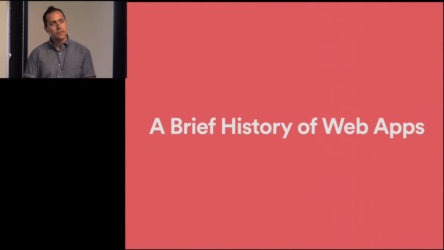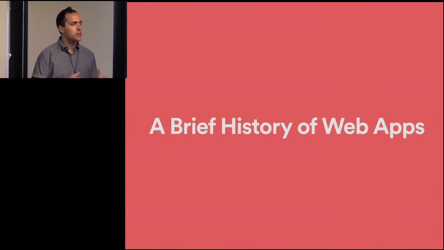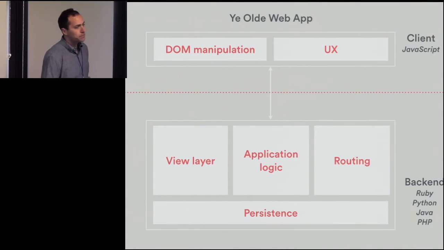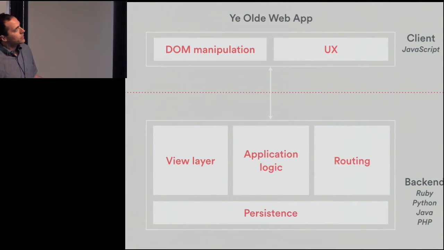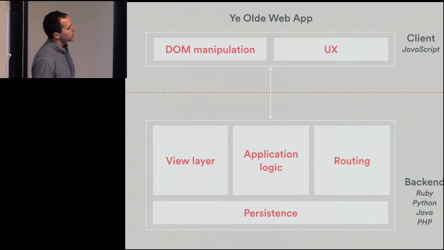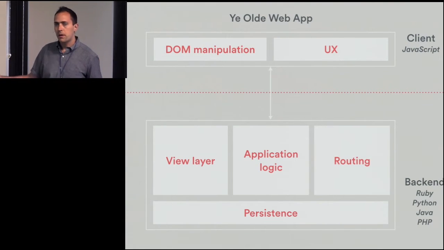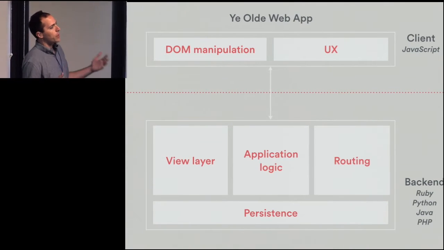So let's take a brief detour through the history of web apps so we can get some context about how we arrived at isomorphic JavaScript today. So in ye old web app, circa 1990s through the 2000s, this is kind of what it looked like. It was fairly simple. Your backend, which could be in any language, it could be Java or Ruby or Python or whatever, Perl,